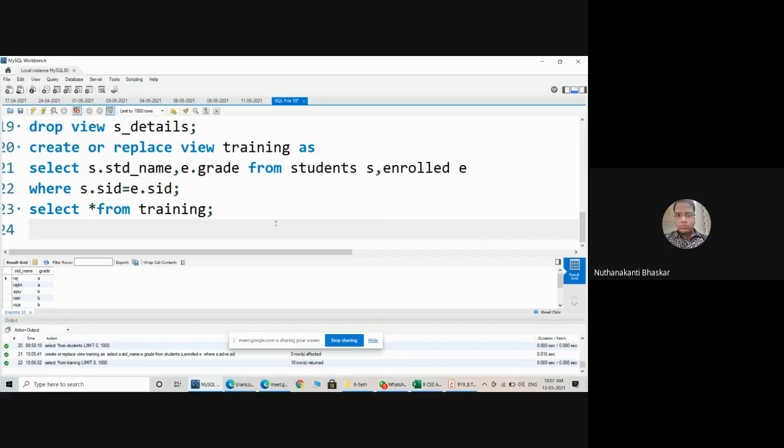Display student means create view for displaying student name, student GPA and student grade